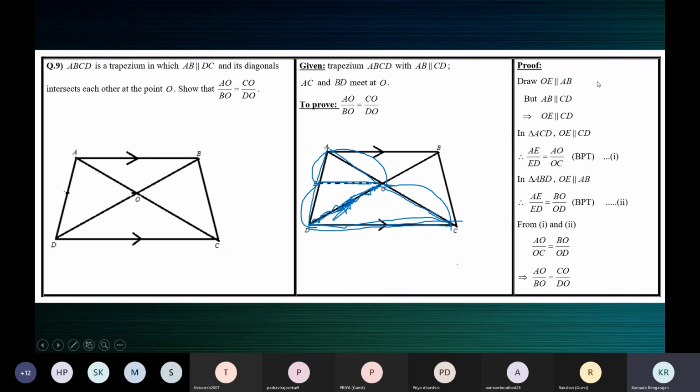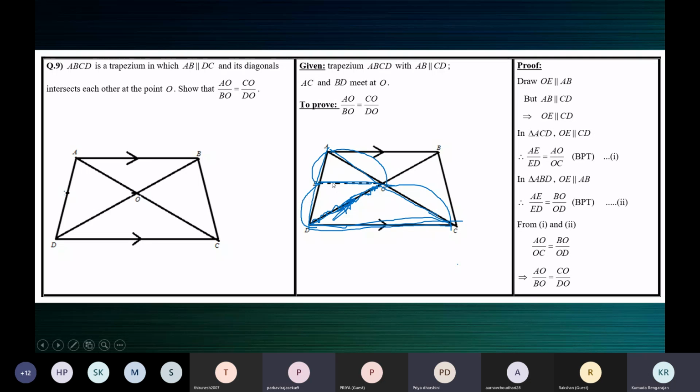This is to be used in the triangle, OE parallel to AB. Look at this. Watch carefully. Children, now I'm telling you how to identify the triangles. Please listen carefully. OE is parallel to AB. So AB is one side of the triangle. Take that. Now OE. Where is O? On which side do you have O? If you're confused, O is on 2 sides. So on which side do you have E?